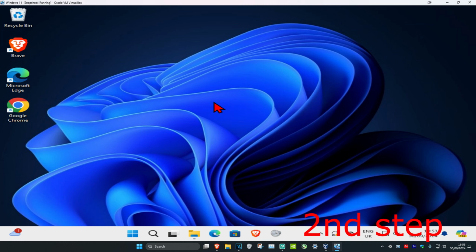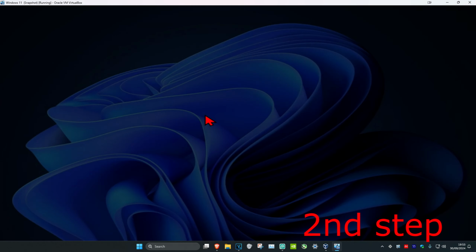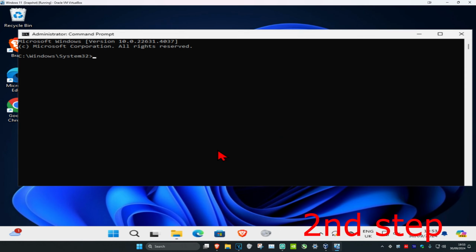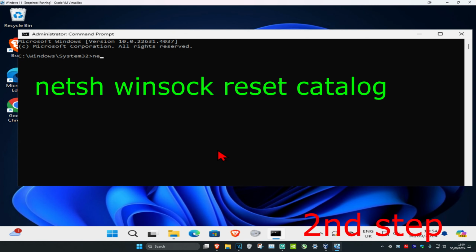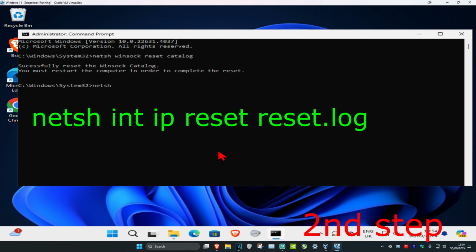And now for the second step, you want to head over to search again and type in CMD. Then you want to run it as administrator. And then click on yes. And then once you're on this, you want to type in netsh space winsock space reset space catalog and click on enter. And now you're going to type in netsh space int space ip space